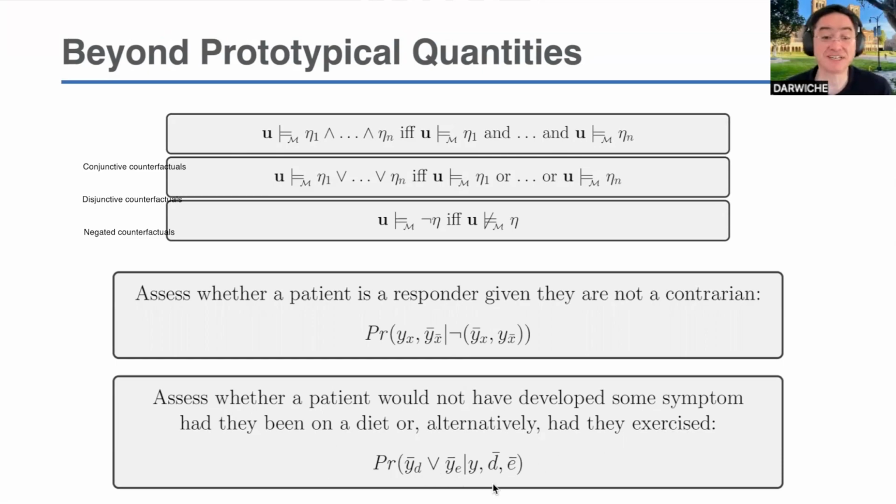The reason you don't see these expressions in the literature is that the focus is mostly on identifiability. Even the simplest ones that I showed you earlier are very difficult to identify or put bounds on. These would be significantly more difficult. We can afford to do this because now we're looking at the computational aspect of things. But I hope this shows you the power of this theory of causality as far as writing complex expressions that